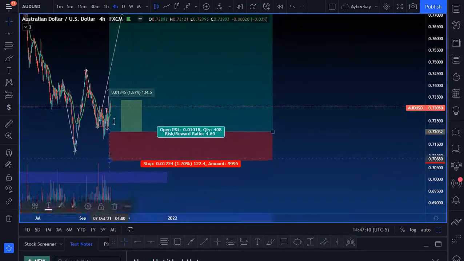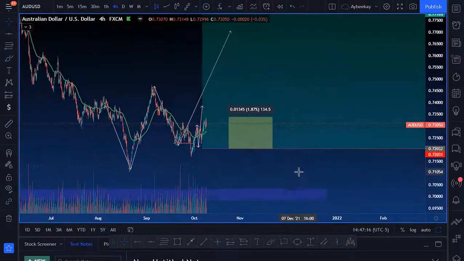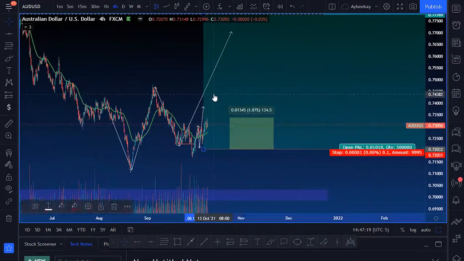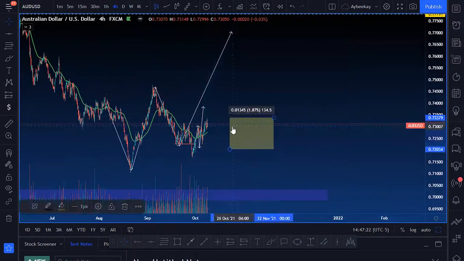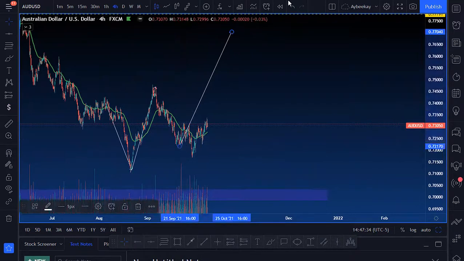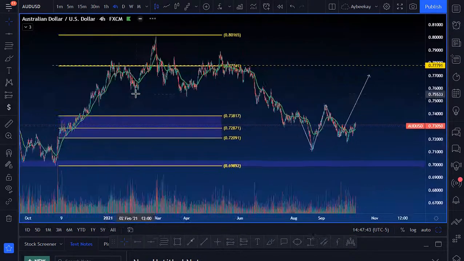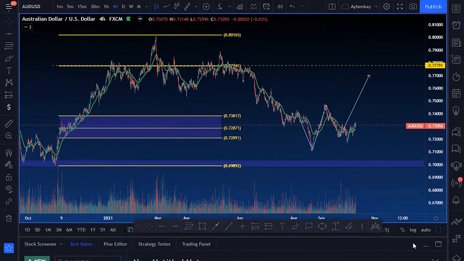So if anybody had gone into this swing trade, you should definitely be looking to take some partial. You should definitely look to move your stop loss to break even, so you don't risk anything any longer from this trade. So I'm going to go ahead and hide this, and also hide this as well. I'm going to delete all these items. Actually, no, I'm going to keep those there. I'm going to keep what I have to the left here. And for those that don't know what the setup I was looking for on AUD was, hold on, give me a second, there we go.